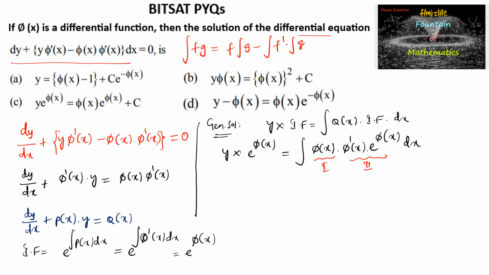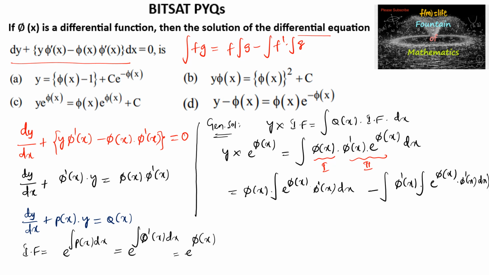So we can write pi of x into integral of e power pi of x into pi dash of x dx, and again minus integral of the differentiation of pi of x, which is pi dash of x, into again integral of e power pi of x into pi dash of x dx, and again dx,